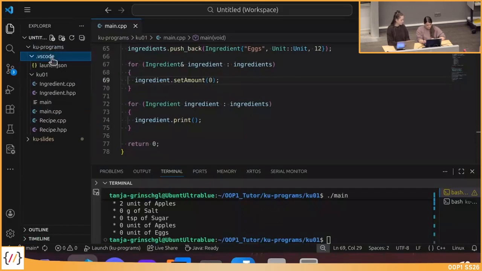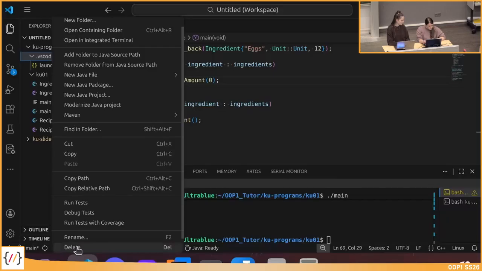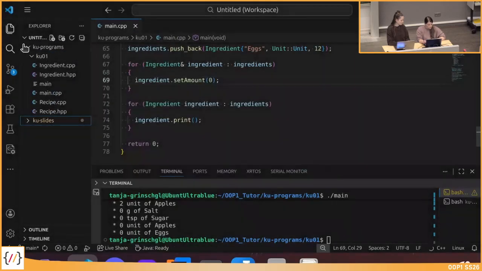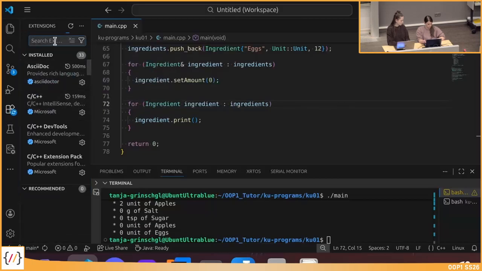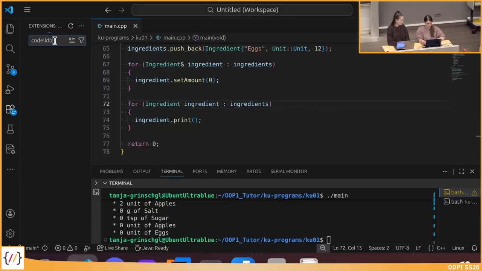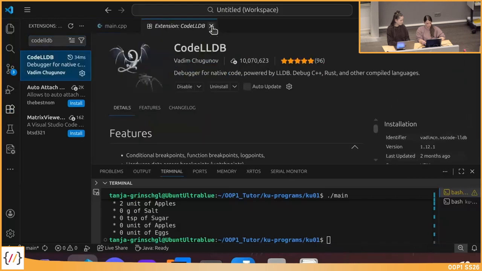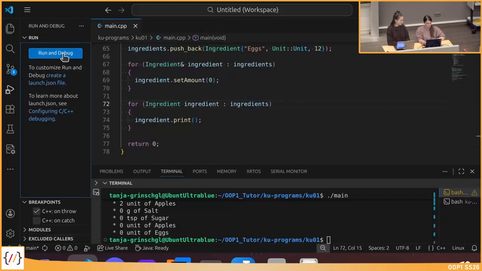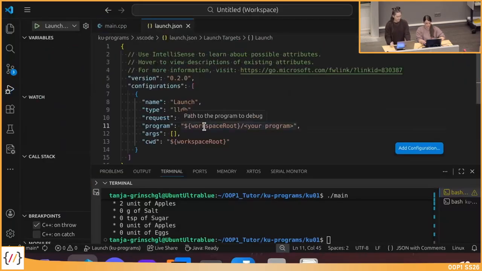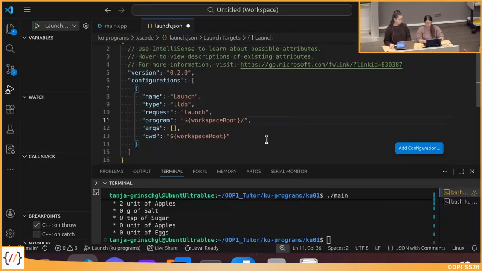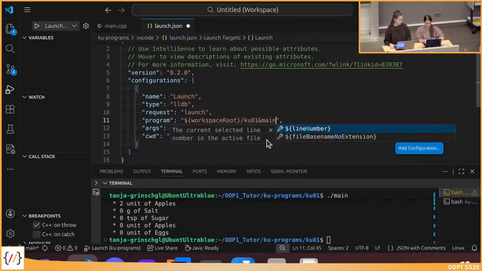First, I just need to delete the test one. Right, so we haven't set that up yet. In order to do that, we just need to go here to Run and Debug, and we start Run and Debug. As a first thing, we would install the CodeLLDB extension, which I have already done, which is this one. Then we can just go over here, click on Run and Debug, and select CodeLLDB up here. Then we get this launch.json that we were just referring to, and then we need to specify the path to our binary file, which in our case right here would be,